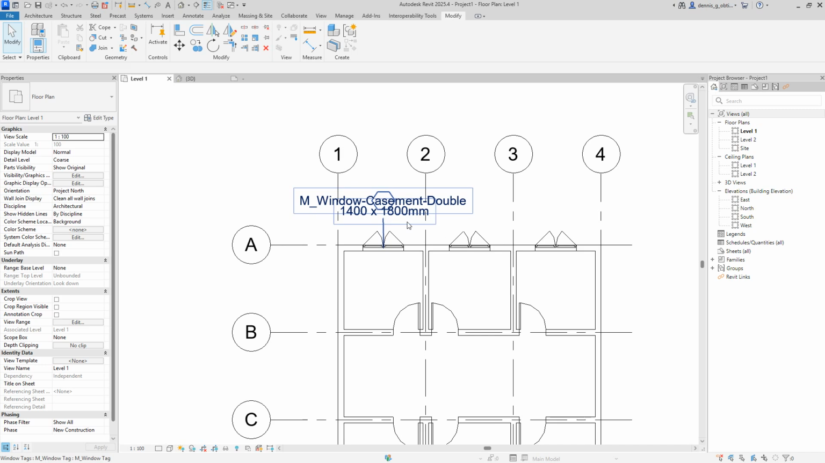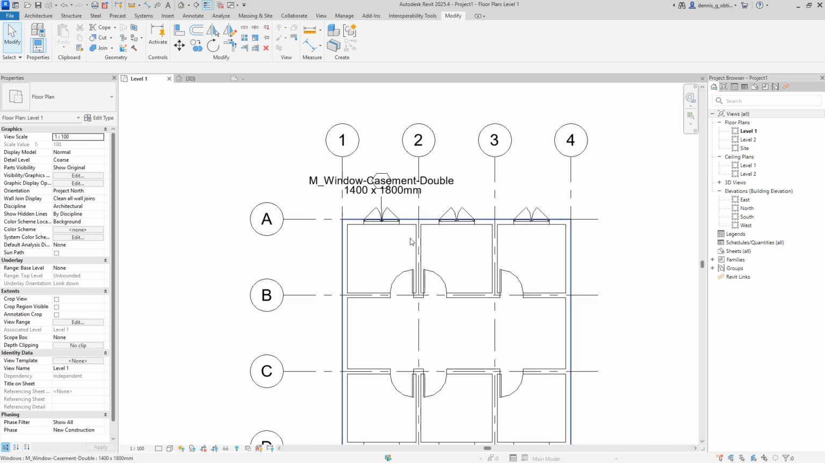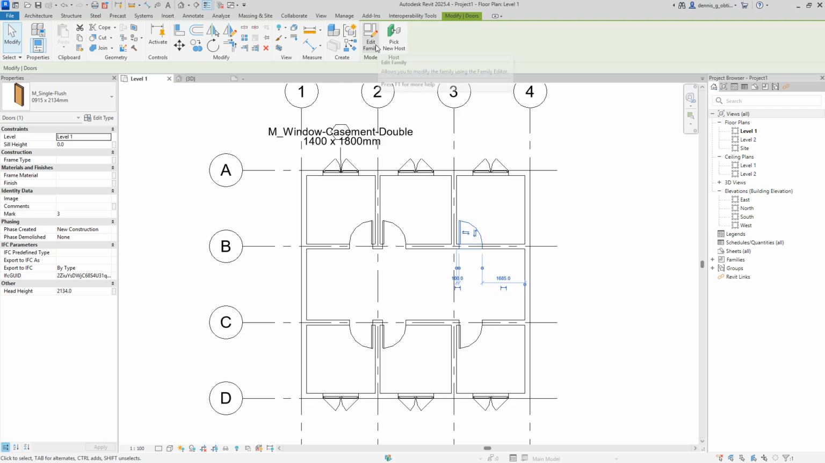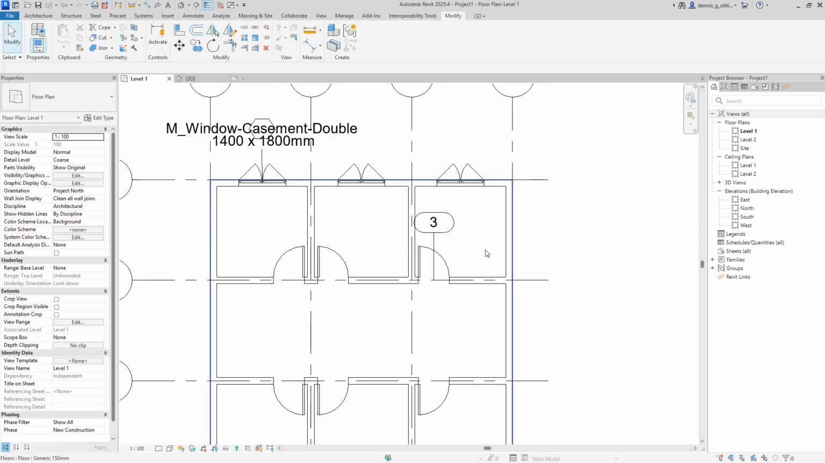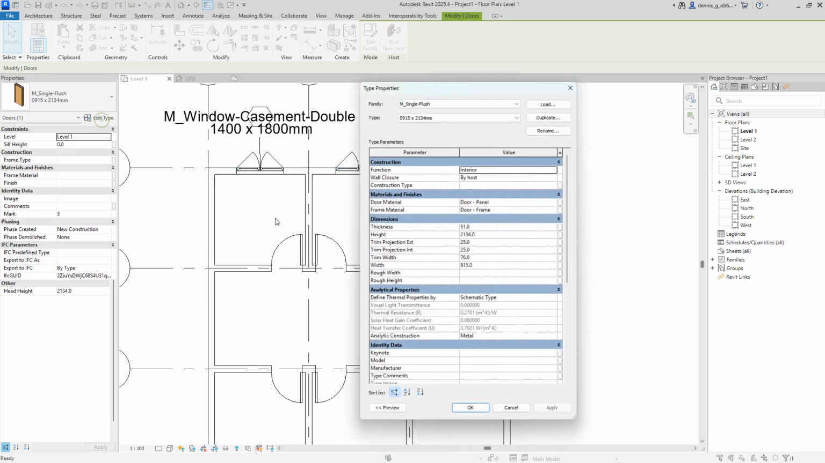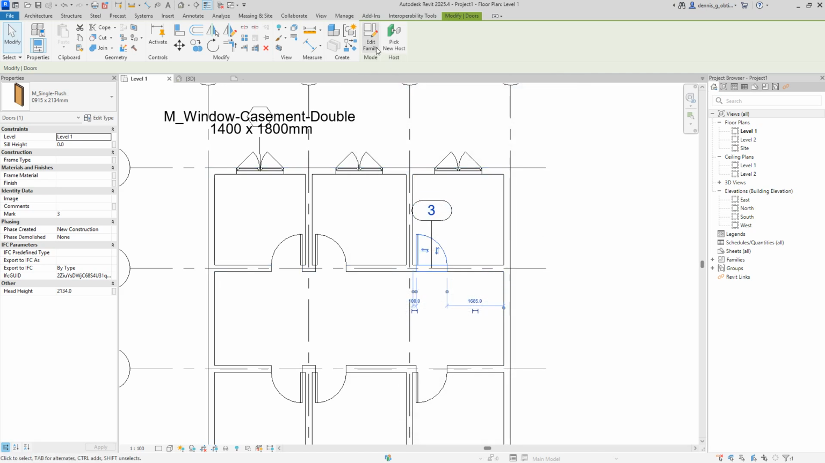So now your window will show what type of window that you have used in Revit and the size of it. So the same with the door. Go to annotate, tag by category. Selecting the door, it will show number 3. And then if you select the door, actually this is not the type mark. So if you go to the edit family,